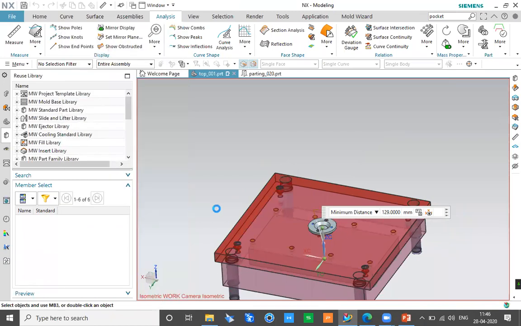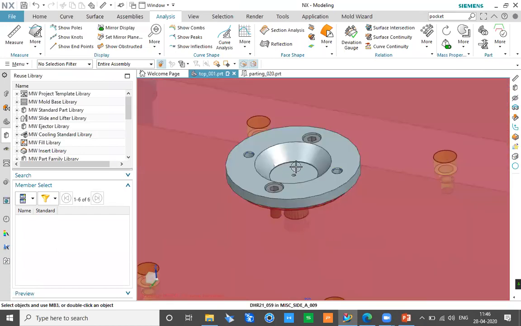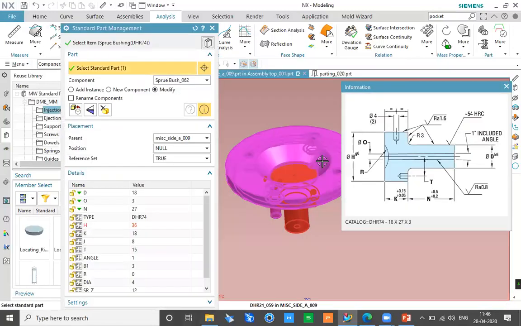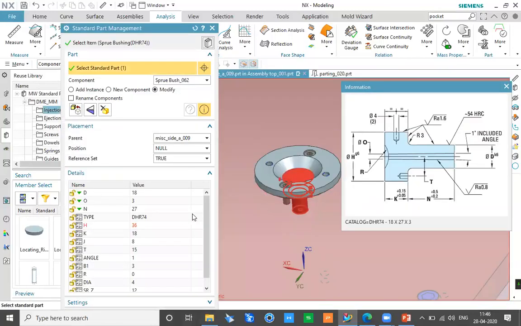So what I can do is, if I want to modify any of my standard components, for example, I want to modify this, or even the bolt, I can just simply select that component to be modified, and I can say I want to modify those components. So I'll just click on this option to modify, and I can simply do the modification. So it is 129 mm.